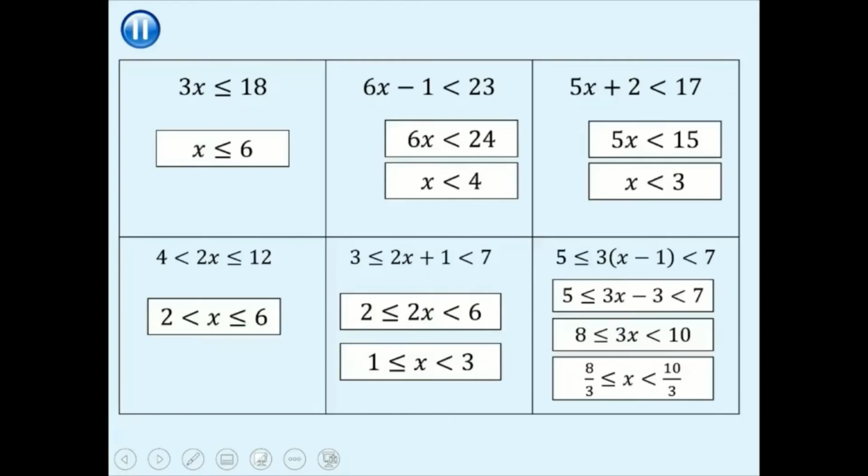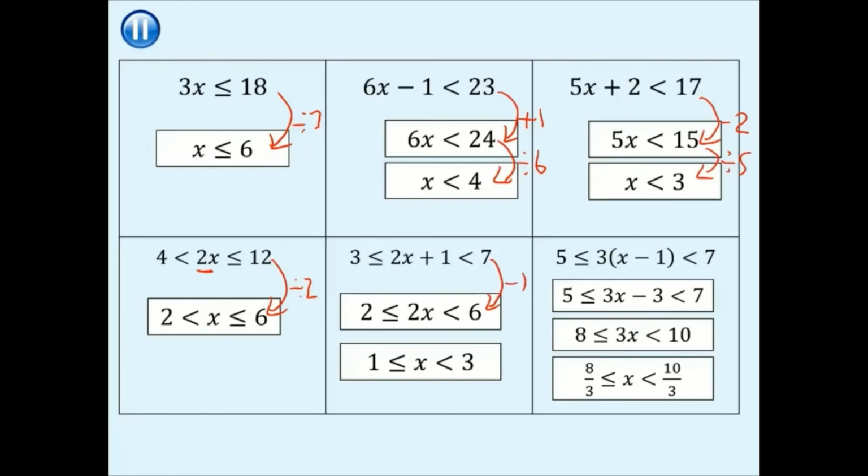Okay, if you did those, here are your answers. Just to be clear, you should have divided by 3 to begin with. On this one, add 1, and then divide by 6. This one, you should have taken 2, and then divided by 5. This is a straightforward just divide by 2 because I have 2 lots of x. Take 1 to get rid of the plus 1. Divide by 2 to get rid of the 2x. And the final one,